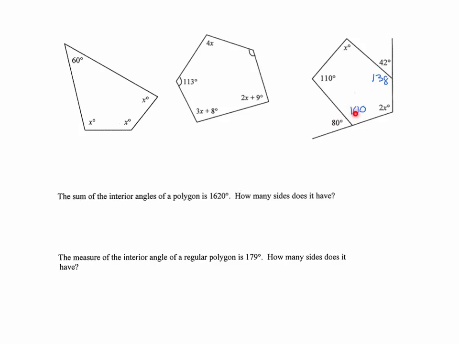I figured that out because we have sets of linear pairs there. These two have to add up to 180 because they're a linear pair, and these two have to add up to 180 because they're a linear pair. Now we can set up our equation. This is a pentagon that we're working with, so we know that the total of all the angles has to equal 540 degrees. And then we have in here 3x